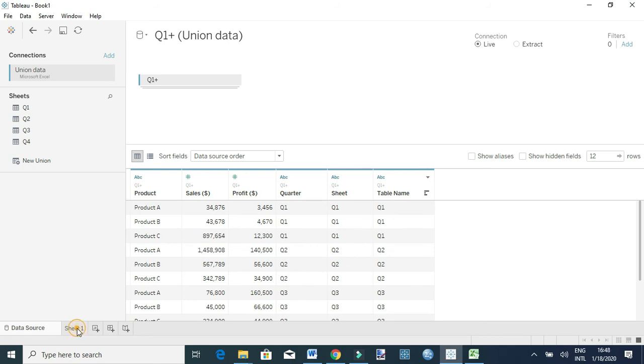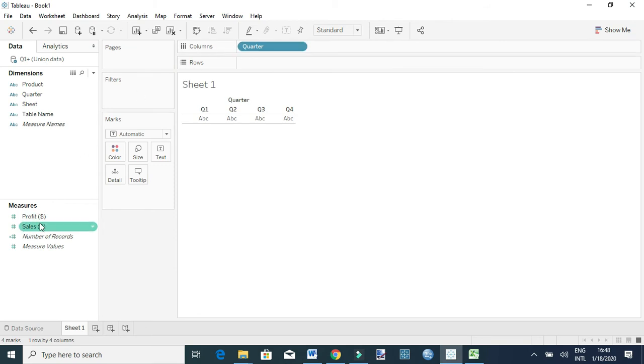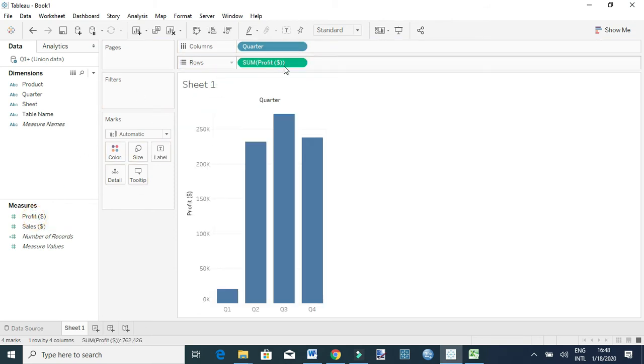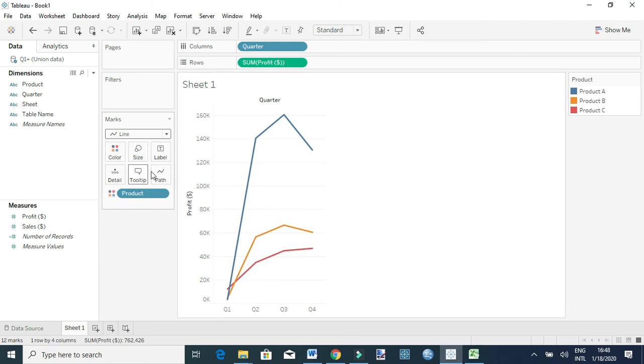So let me go to my sheet one and see the trend of the products for different quarters. To do that, I drag quarter to columns and profit to rows, and then I can bring, let's say, product to color, and I can change to different charts. Let's say a line chart. Basically, you can see all the products